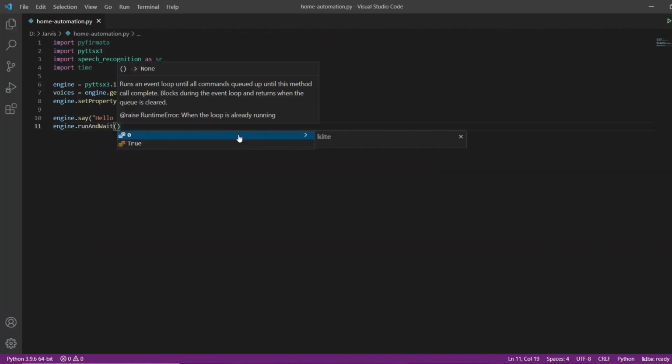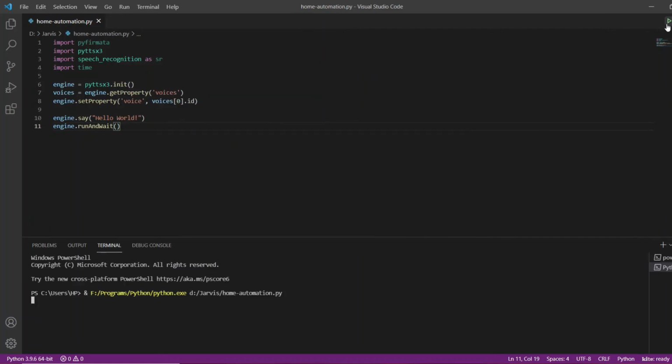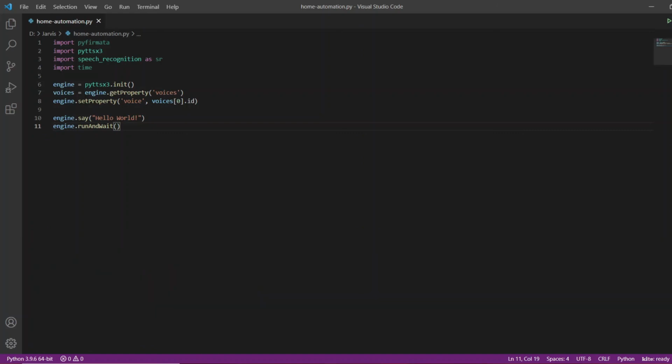So I will save this file now, and we can simply run it to see if it works or not. Hello world. Working fine. So now we can move to our next command,